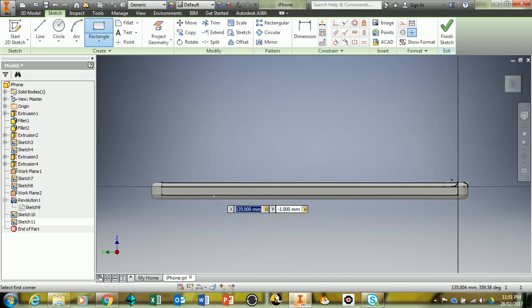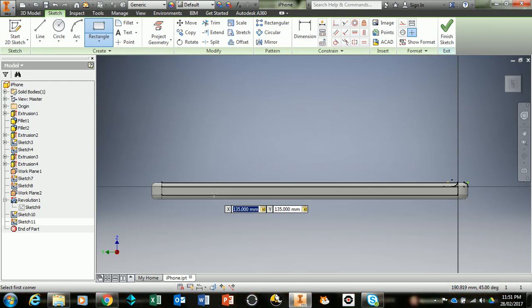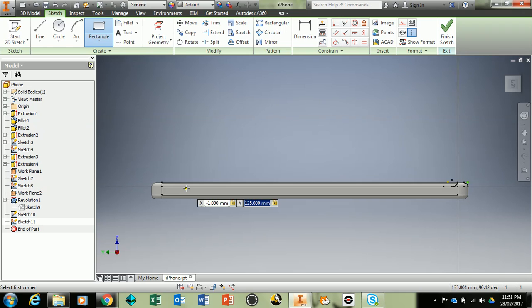What have I done? Why are you not there? Oh, because I've done it the other way around. So 135 there and minus 1 there. Cool. Because we're dealing with the x and the y axes that way around, depending on how we're looking at this work plane. So that's where we're going to start,